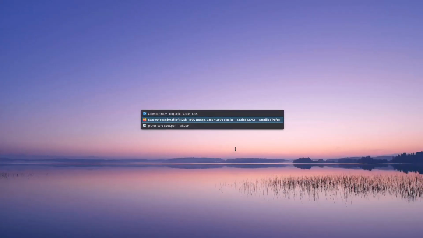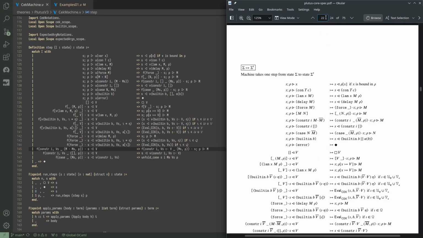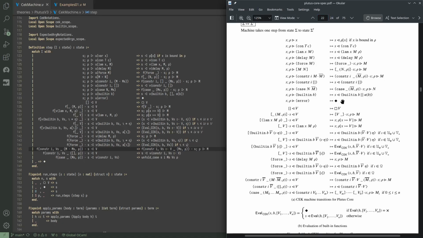In the implementation, we opted to use the formal specification of the Bluetooth core language, which is still in draft, the latest version, and we went through and implemented basically almost the whole COQ machine. This is the most important part, which you can see here on the screen. This is the step function that